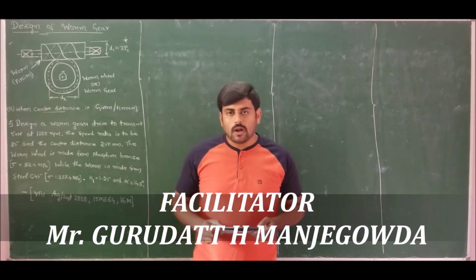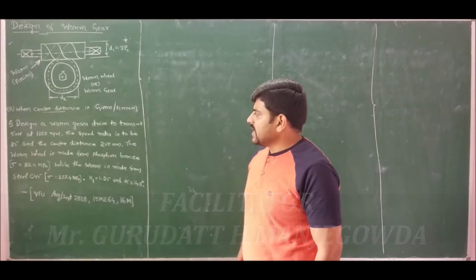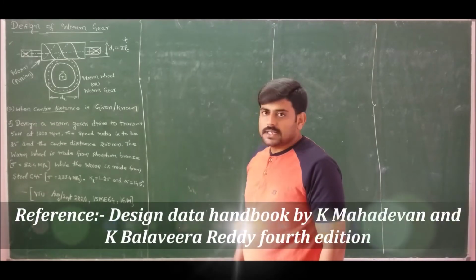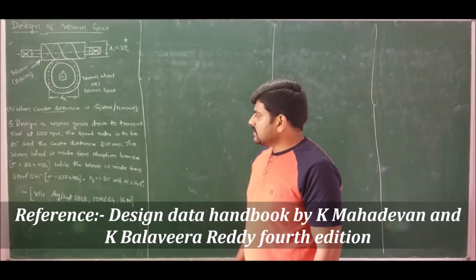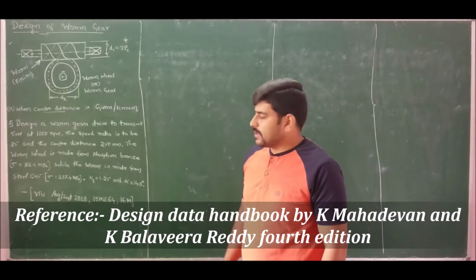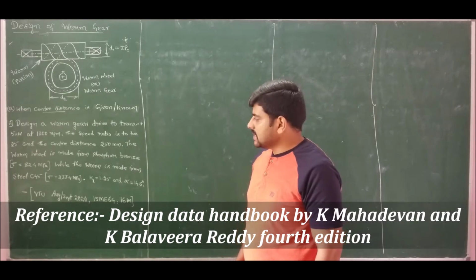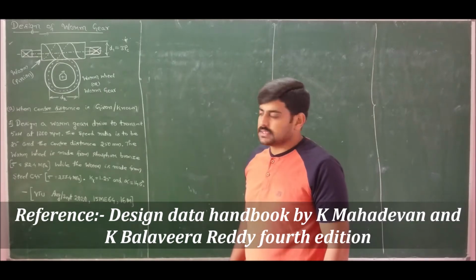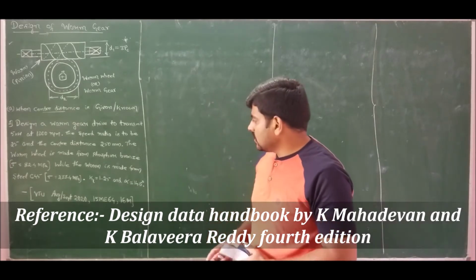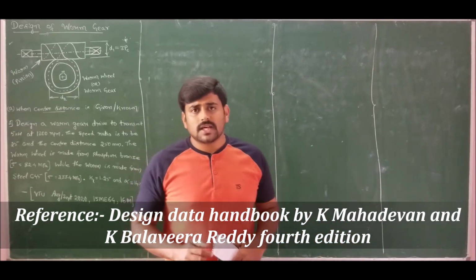Let us solve the problem number 2 of our discussion on worm gear. Design a worm gear drive to transmit 5 kW at 1200 rpm. The speed ratio is to be 25 and the center distance is 250 millimeters. The worm wheel is made from phosphorus bronze whose allowable static strength is 82.4 megapascals, while the worm is made from steel C45 whose allowable static strength is 233.4 megapascals. He has given the load stress factor as 1.25 and also angle alpha is specified as 14.5 degrees. Let us solve this problem.